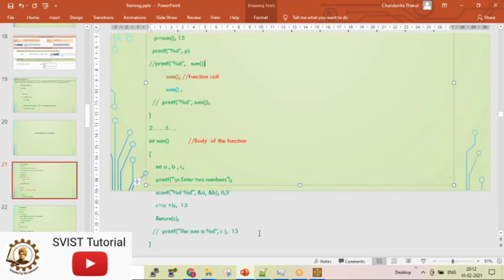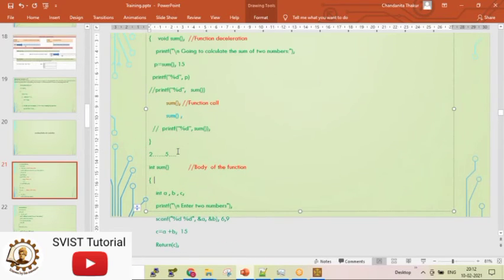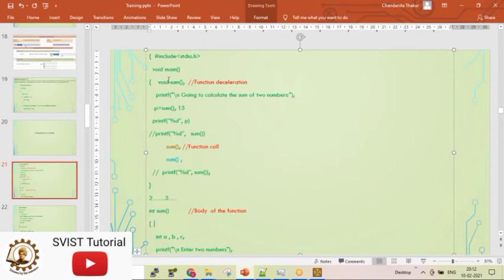I will not have any printf in the function body. So what I need to do is return an integer value, so I need to make the return type of the function integer. Because I want to return an integer value, I have made it integer. And obviously at the time of declaration also, I will be changing it to integer.